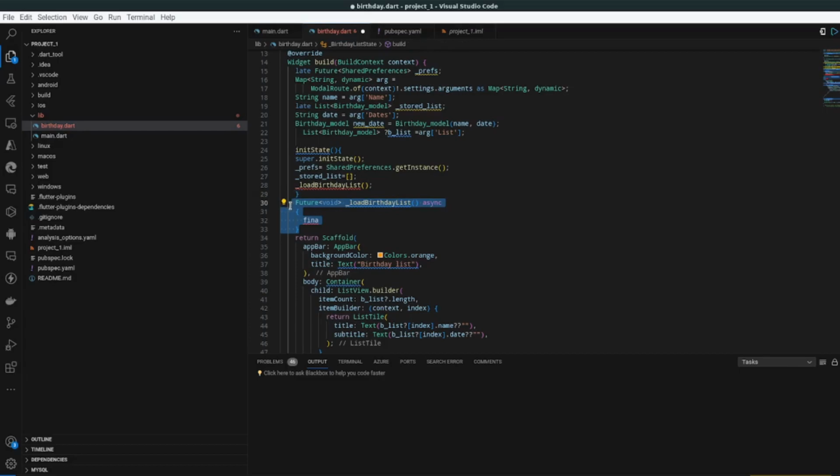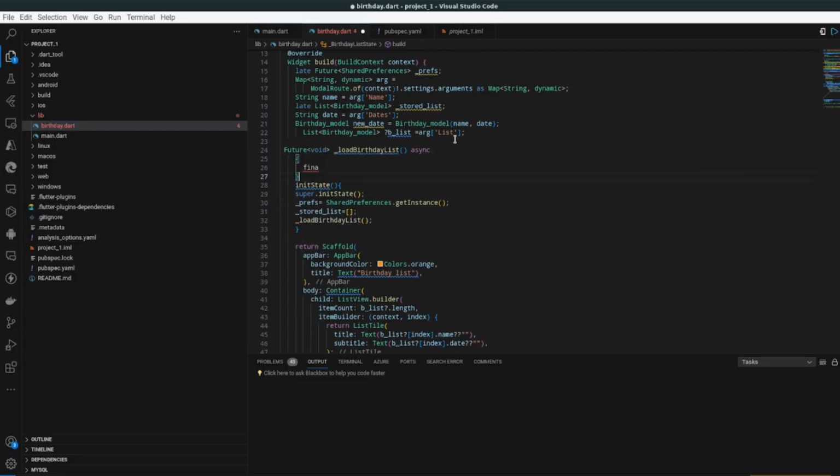Okay, we have to declare it up before the function. Then we'll have final. We are going to initialize the value variable, that is the shared preference. The variable that we have created now is the pref